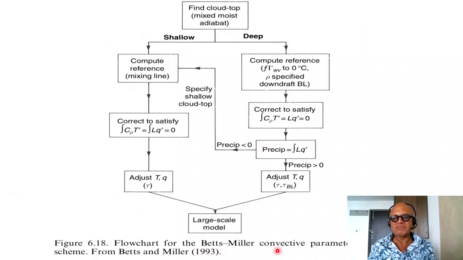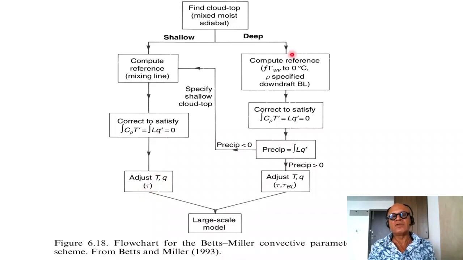Here is a flowchart for the Betts-Miller convective parameterization scheme. I won't go into the details, but you can see that you find the cloud top mixed moist adiabat. So there is some criterion used to do that. It can be from the data, it's built from the data, but that's how it's done in the model. So then it can generate shallow and deep convection, compute a reference mixing line, correct to satisfy the thermodynamic moist and dry static energies, adjust the profiles of temperature and humidity with some time scale, and feed it to the